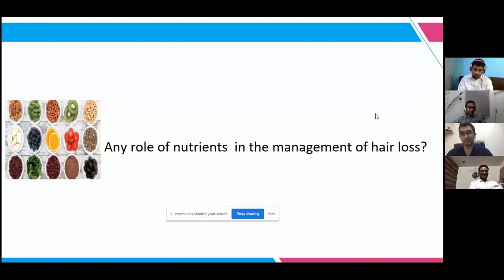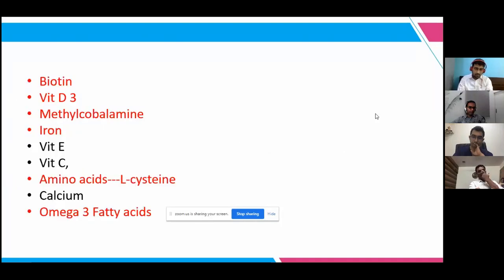Apart from that, lentils, flaxseed oils, sesame seeds, flax seeds, and then roots like ginseng and licorice root. All these things are there. But I'm not sure whether really these phytoestrols will help in making the hair grow. We're concerned about certain vitamins and iron: biotin, vitamin D3, methylcobalamin, iron, amino acids, calcium, omega-3 fatty acids. Most of the doctors will try to prescribe those medicines which contain all these ingredients.